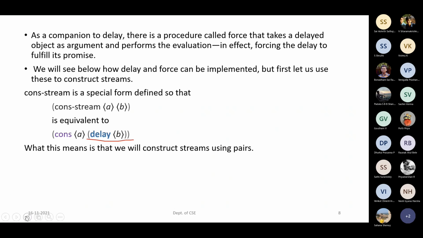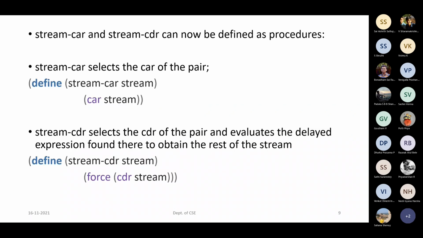If you have to remove this delay, when do we reach the second content of our list? When we are applying cdr to it. So only when we require it, we apply the cdr, and then we generate the second content onwards. For that purpose, stream-cdr has the primitive procedure force applied onto the cdr of the stream contents.